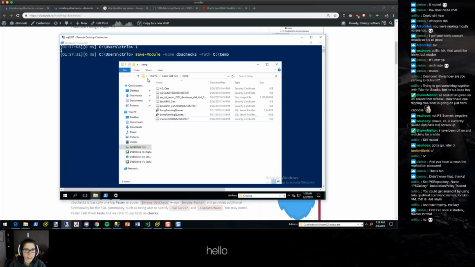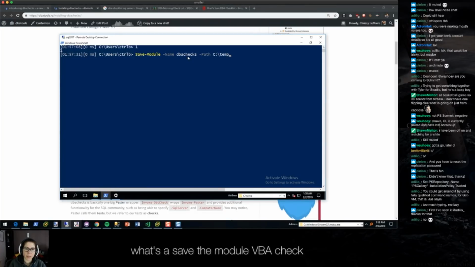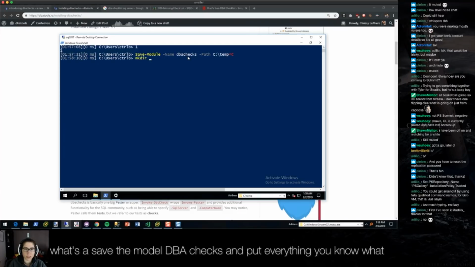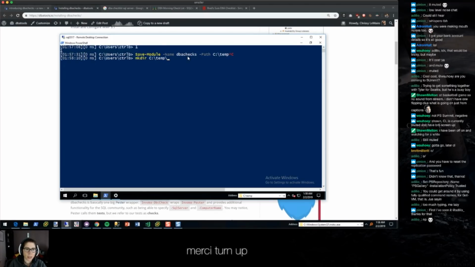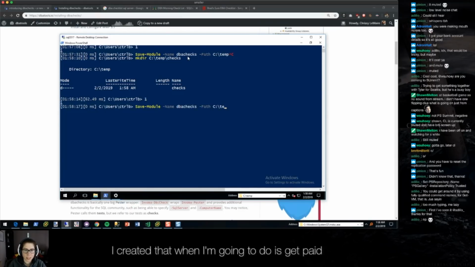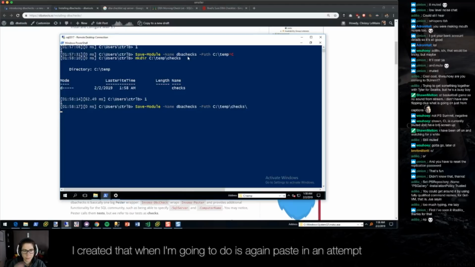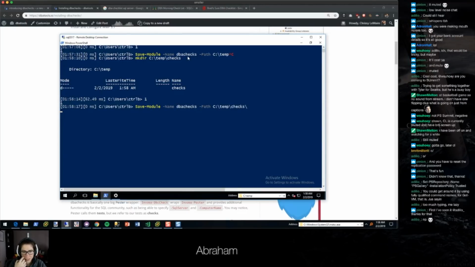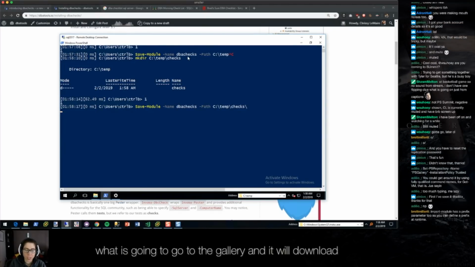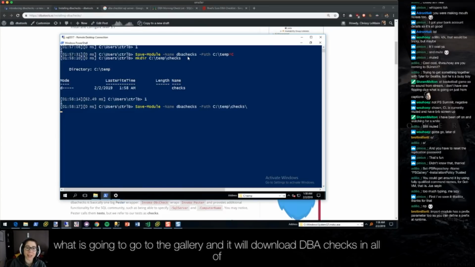I love this. All right, so once I save the module dbachecks and put everything, you know what I'm gonna do? mkdir C:\temp\checks. All right, so now that I've created that, what I'm gonna do is again paste and then temp checks. I don't even have to delete the other stuff. Now it's gonna go to the gallery and it will download dbachecks and all of the dependent